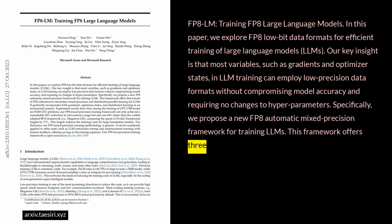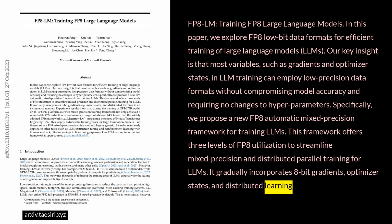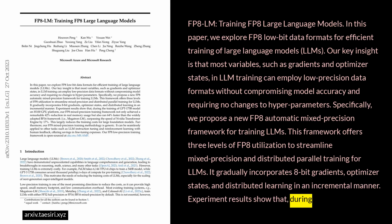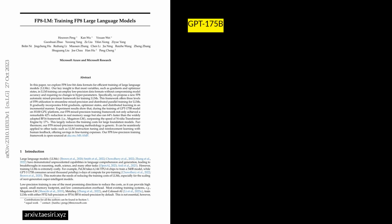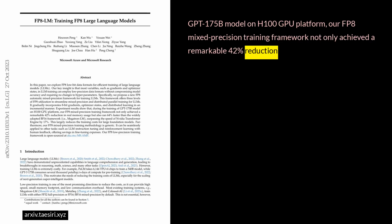This framework offers 3 levels of FP8 utilization to streamline mixed precision and distributed parallel training for LLMs. It gradually incorporates 8-bit gradients, optimizer states, and distributed learning in an incremental manner. Experiment results show that during the training of GPT-175B model on H100 GPU platform, our FP8 mixed precision training framework not only achieved a remarkable 42% reduction in